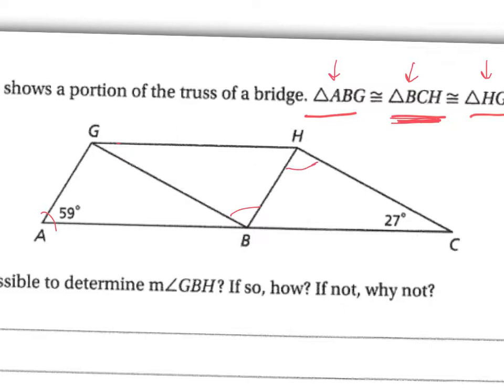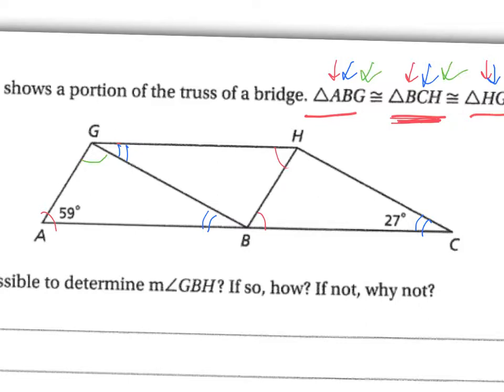Now, we also know that angle B is congruent to angle C and angle, let's see, where's angle B? Angle B in the 1st triangle would be here. BCH, angle C would be here. And G in the 3rd triangle. Okay? And I think I labeled this incorrectly right here. B would have been this triangle, and then it would have been H here. Sorry about that. Okay, and the last one would say that angle G is congruent to angle H, which G